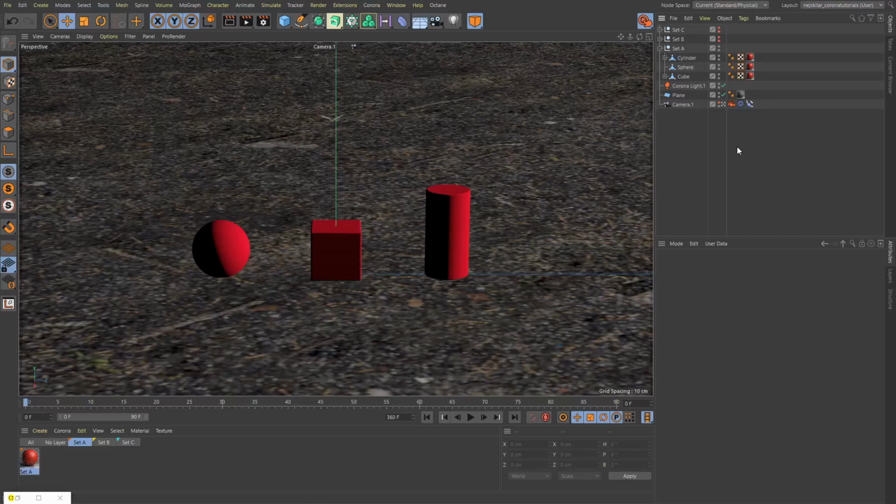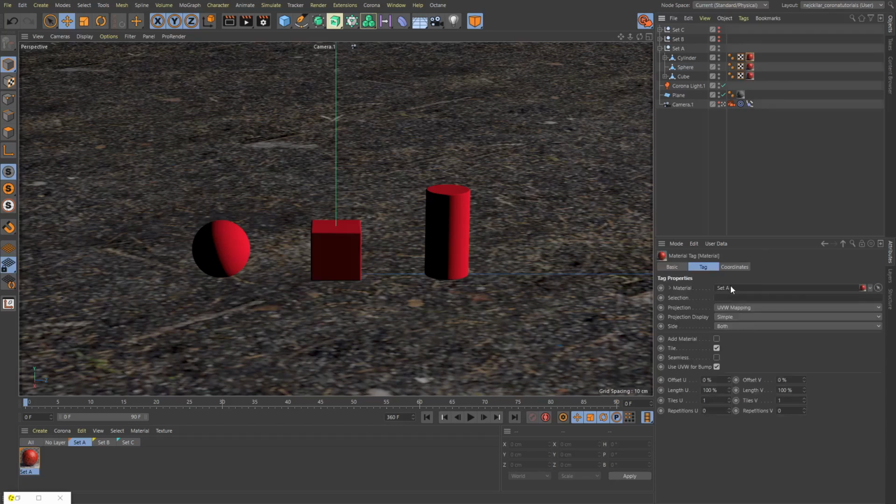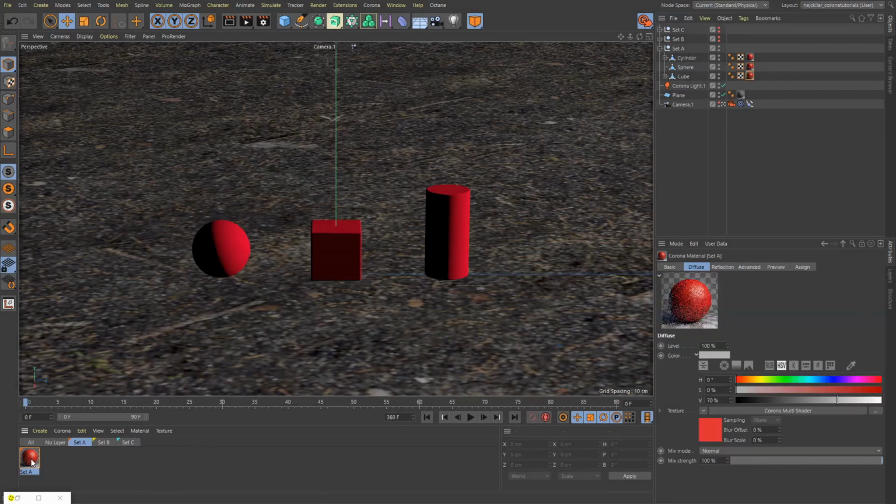Great. So now let's quickly demonstrate what the multi-shader does on a couple of basic examples here. In front of us, as you can see, we have three basic meshes: the cylinder, the sphere, and the cube. What's special about these is that they all have the same set A material applied to them, right? It's the same material, and it's this one down here, which basically just has a reflection channel and a diffuse